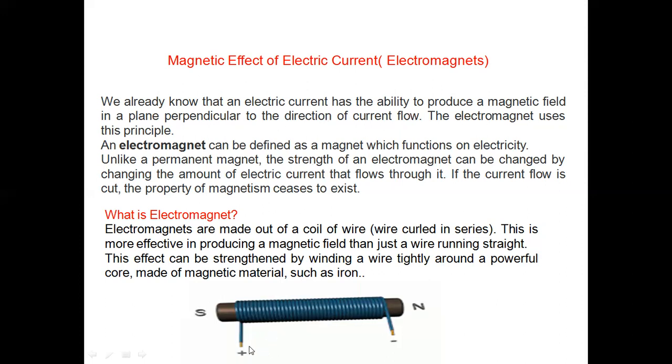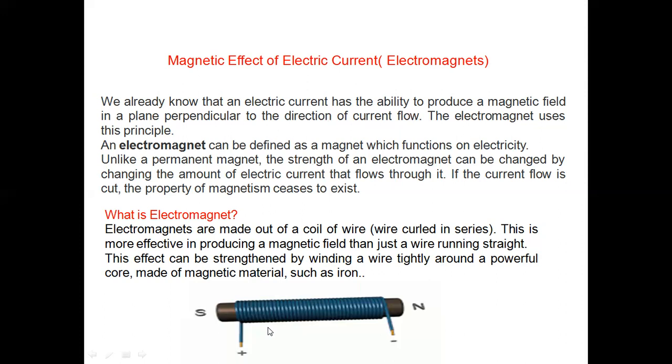And we allow the current to flow through this coil. If you use only a straight wire conductor, that also shows a certain magnetic effect, but the strength is less. To have more strength, such a coil is used, and that electromagnet is simple. When a coil or a conductor carries a current,